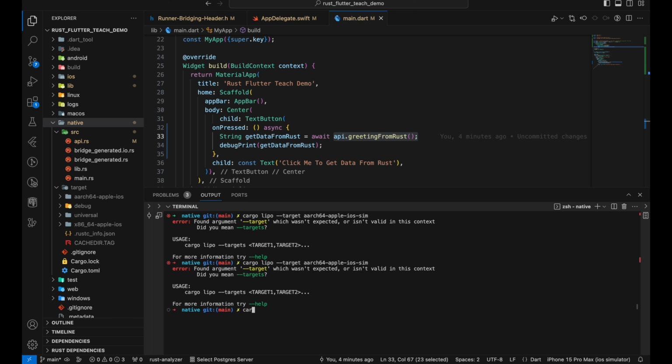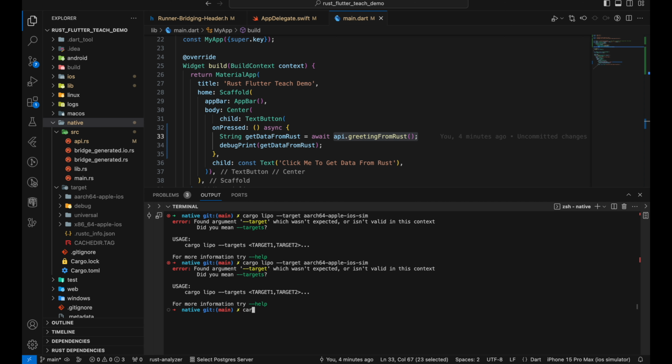Okay, let me check cargo lipo dash help. Dash targets, so we missed the S. Sorry, no problem. Okay, cool. We hit enter and it will build the architecture for iOS simulator only.